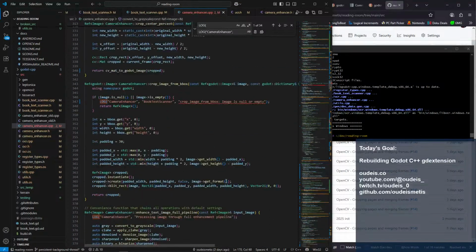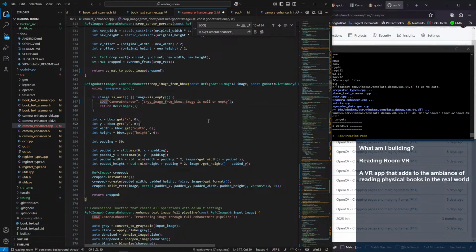We got one other error here, right? Oh, right. Wrong log statement. Happy?